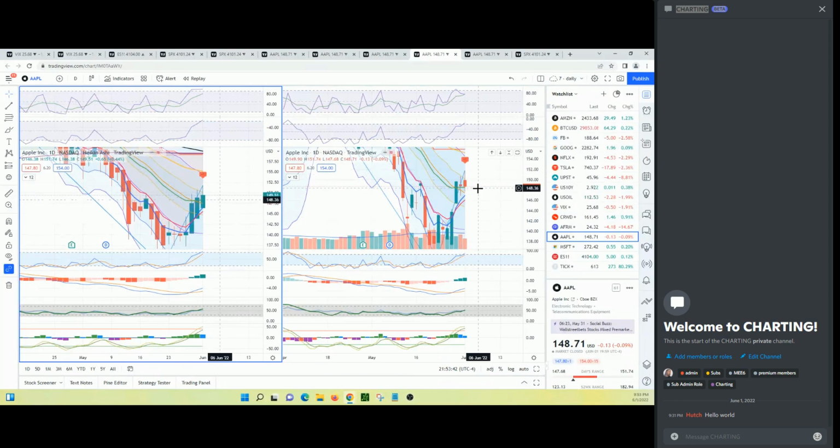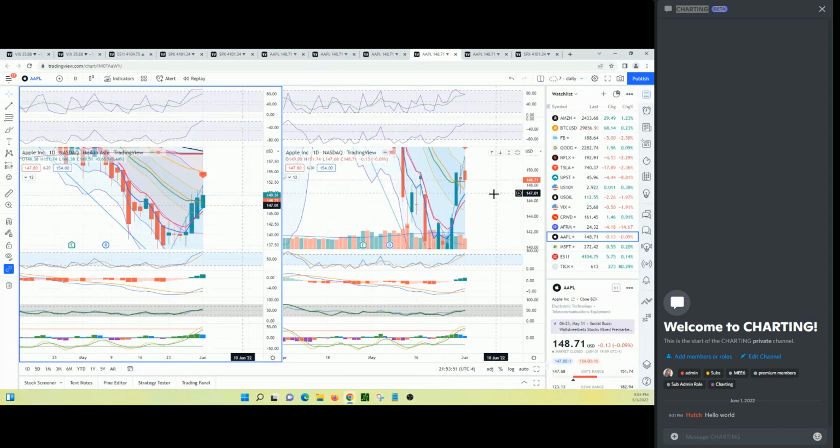Come right back into its 21 right here. And I was expecting this to happen, right? Break, test the mean, and perhaps break the mean and come back into this number. So tomorrow, my expectation is for Apple to try to test this number. I know it closed about its 21, but if it can break below its 21 and start to